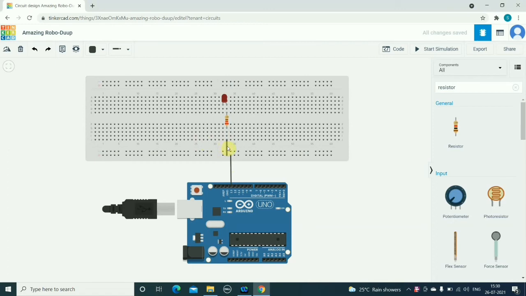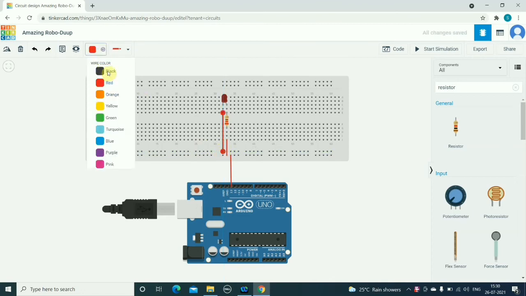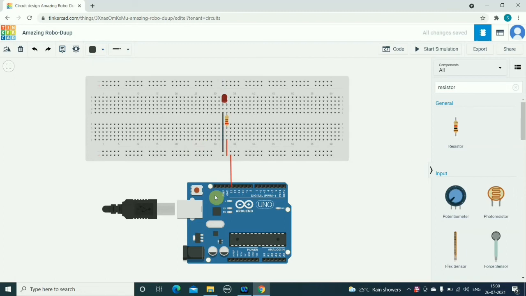Now we'll change the color of the wire to red, and now we'll connect this cathode terminal and make the color black and connect it to the ground.